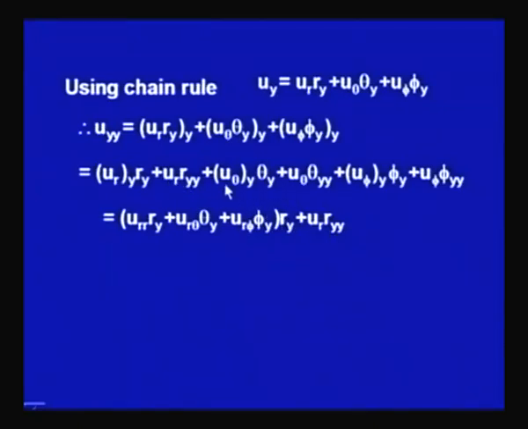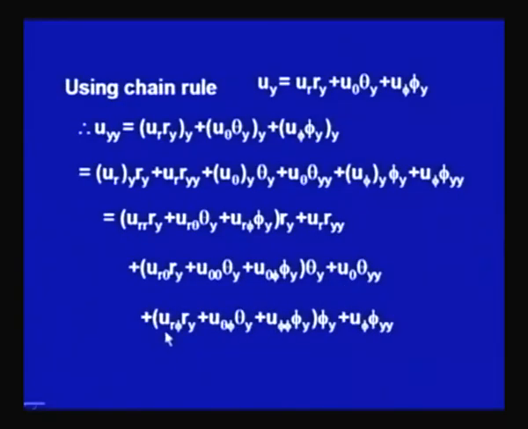as such. Similarly, for this u theta we could write the derivative of u theta with respect to y, u r theta r y plus u theta theta theta y plus u theta phi phi y times theta y plus u theta theta y y as such. Then again using the chain rule for the derivative of u phi with respect to y, u r phi r y plus u theta phi theta y plus u phi phi phi y into phi y and u phi y as such. Again you are seeing we are using that the order of differentiation is not making a difference in